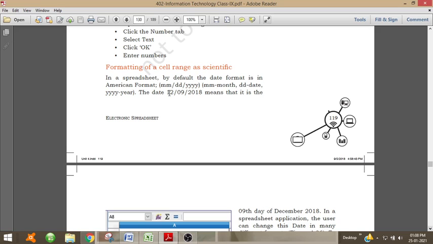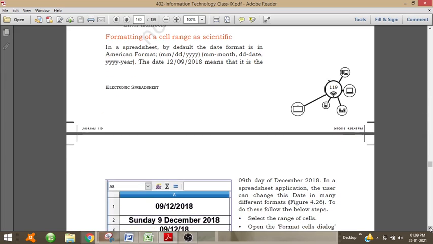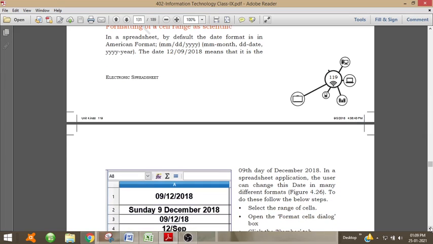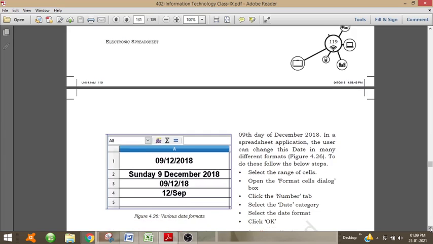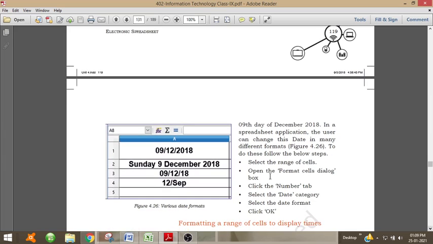We usually write the day first, then the month and then the year, but by default in our spreadsheet the format is month, day, year. So we can change this format.